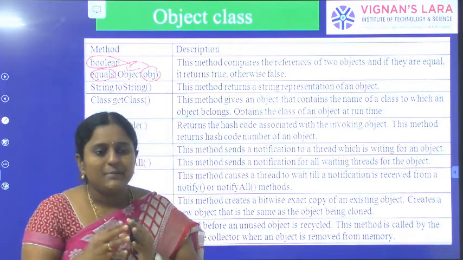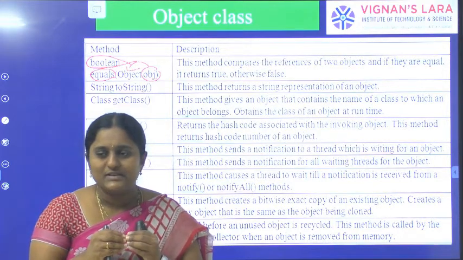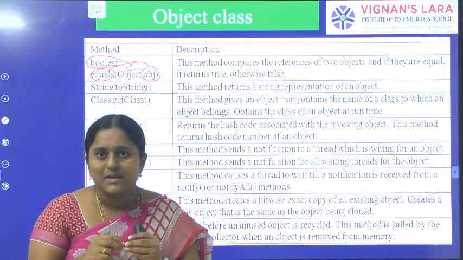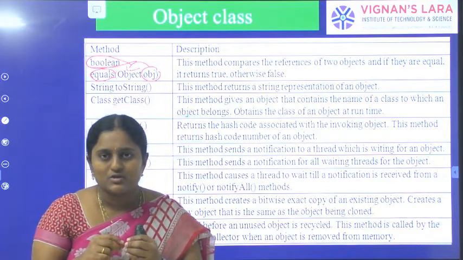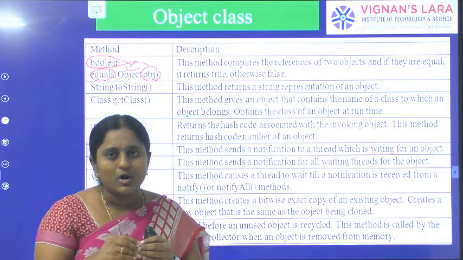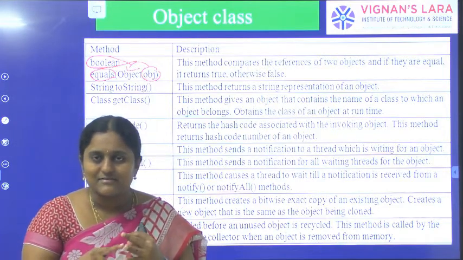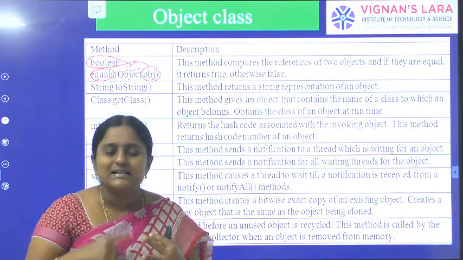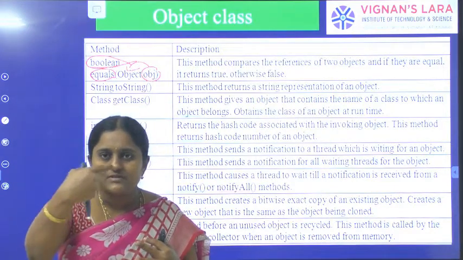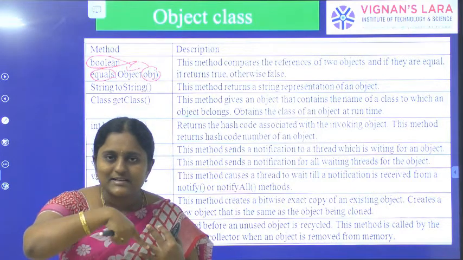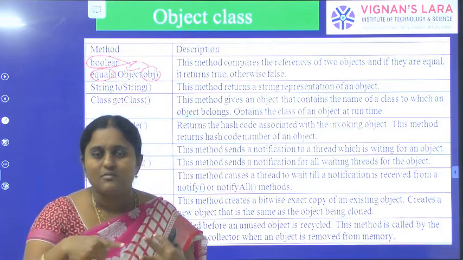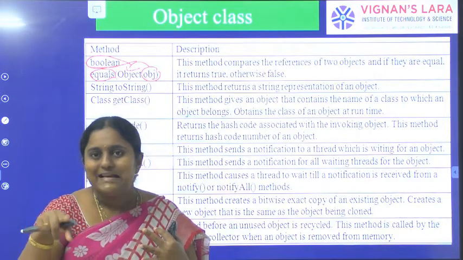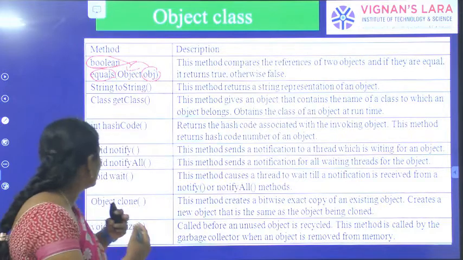For example, I am creating two string objects: String s1 equal to hello, String s2 equal to hello. In Java, strings can be created in two ways, by using double quotes and by using the new operator. Here I am creating objects of the String class by using double quotes. After that I want to check if both the strings are equal or not. Here I am using the equals method. The equals method is present in the Object class. So here I am writing System.out.println s1.equals(s2).